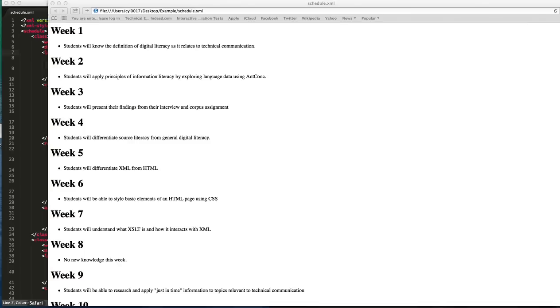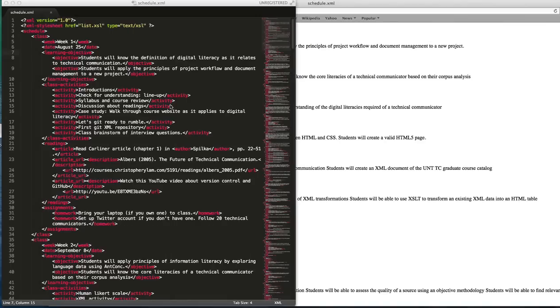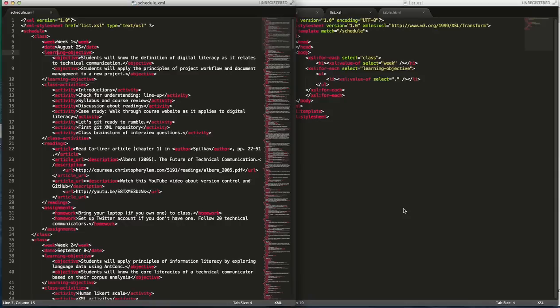So let's pull it up again and let's refresh. And okay, so they're displaying, but they're only displaying as one bulleted list, right? So multiple objectives are only displaying on one line, and that's not what we want, right? So students will know the definition of digital literacy. Students will apply the principles of project workflow. So we've got two objectives here, but they're displaying on one line, okay? And I knew that was going to happen because